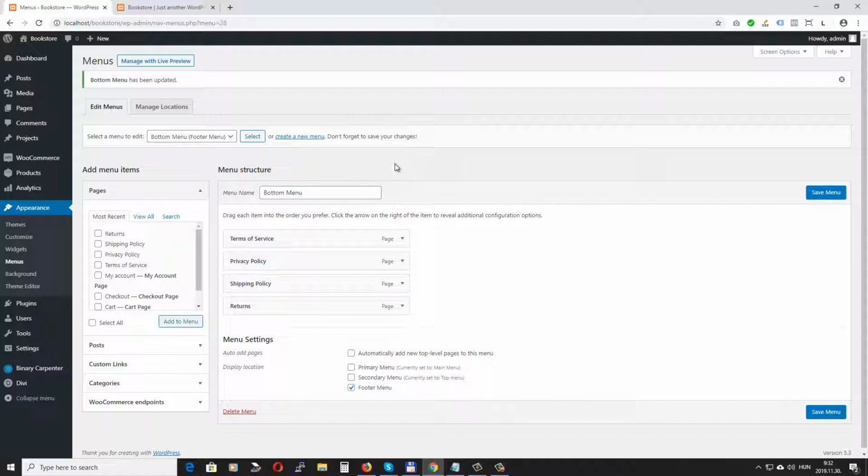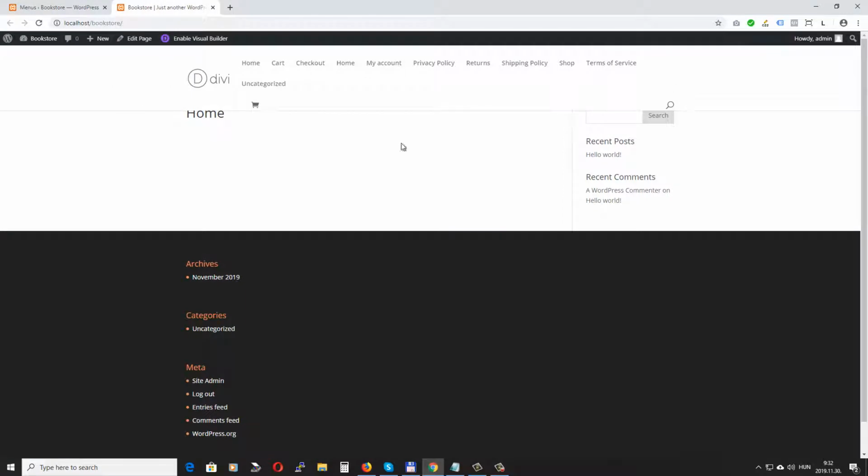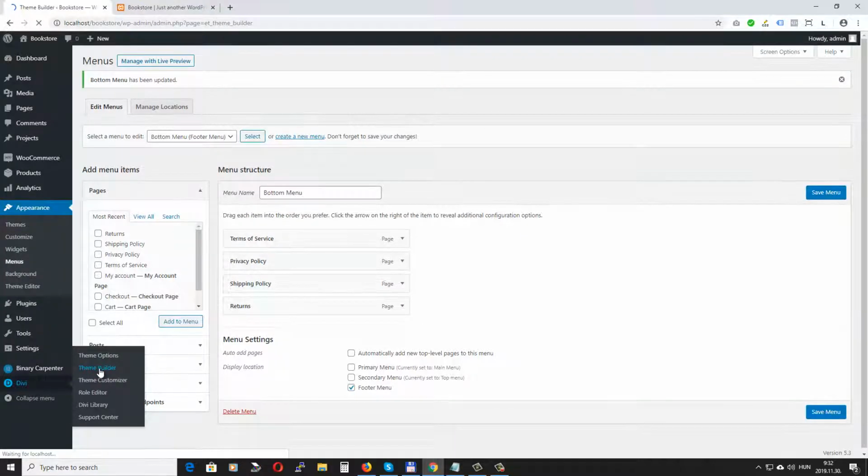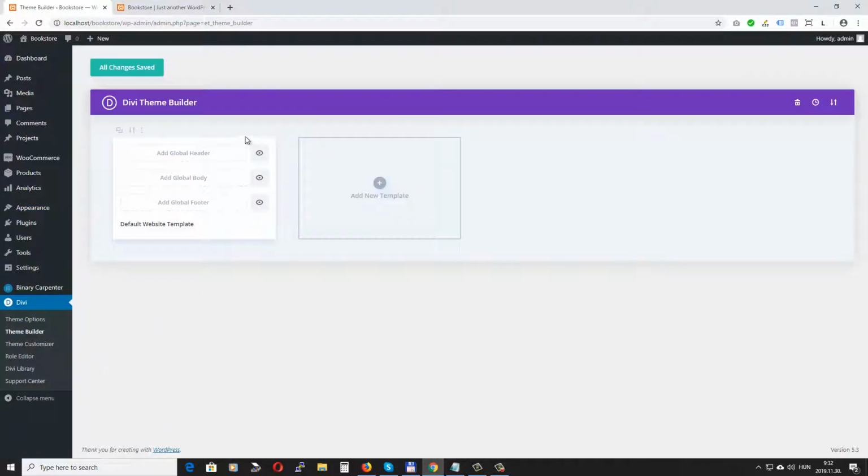Now it's time to create our header template. Okay, for now, this is how our homepage and our header looks like. And obviously this is not an ideal situation, so let's change that. Go to Divi, Theme Builder, and here we will add a global header because we want this new header to be displayed on all our pages. Just click Add Global Header,